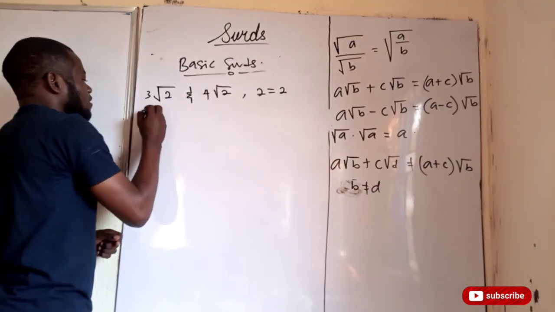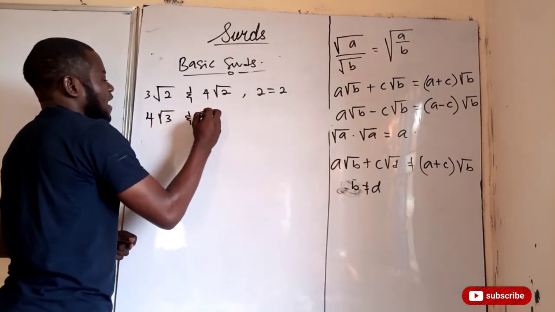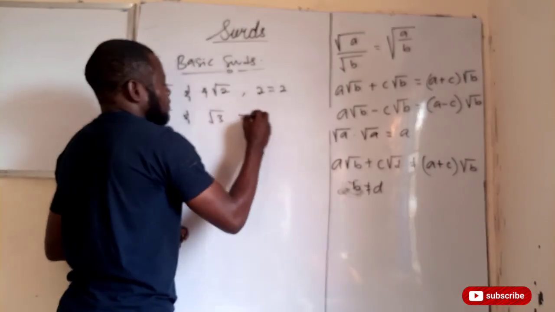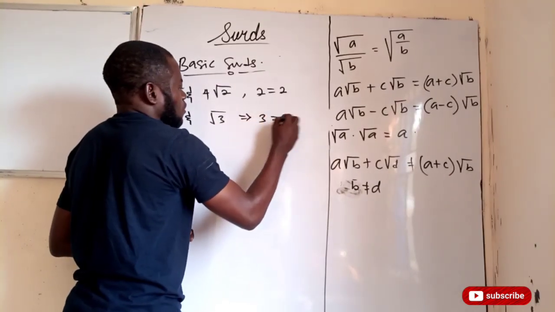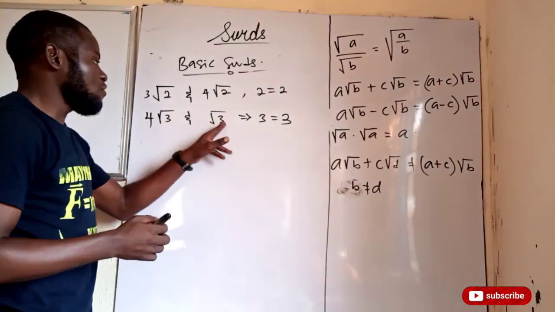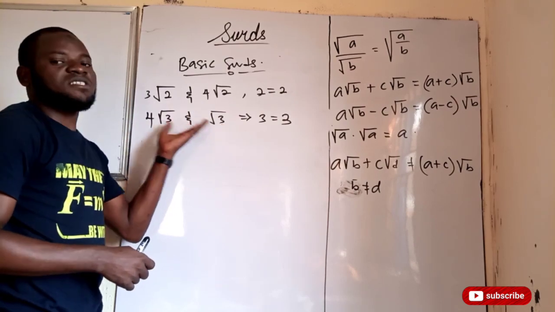If I have 4 root 3 and I have root 3, these two surds are similar because 3 is equal to 3. So when you have the same number under the root, we say those surds are